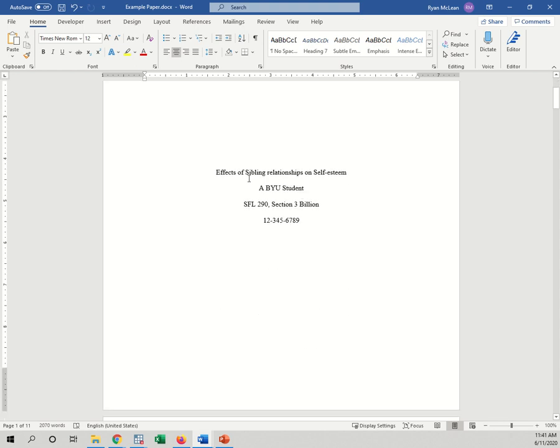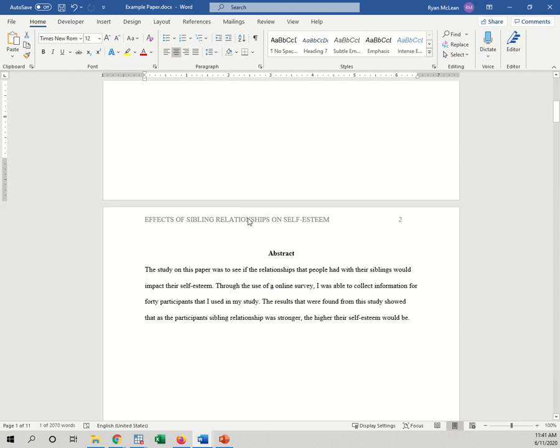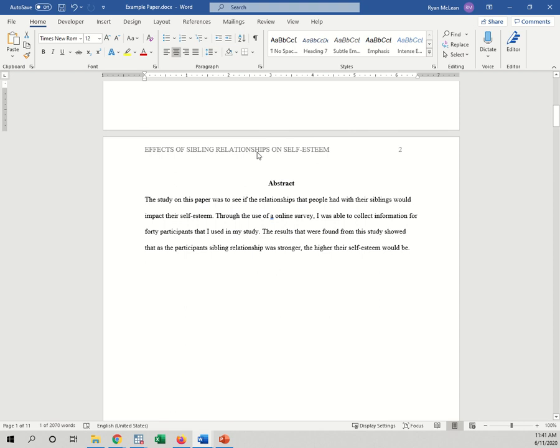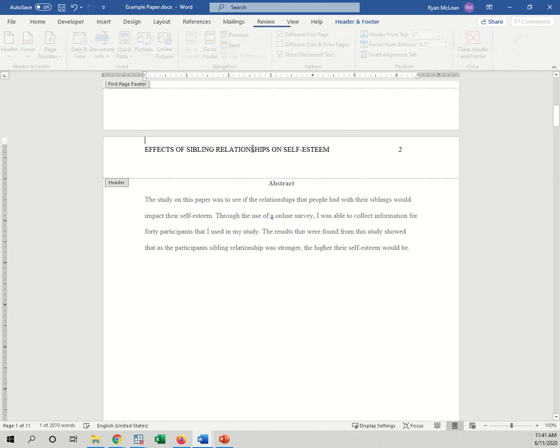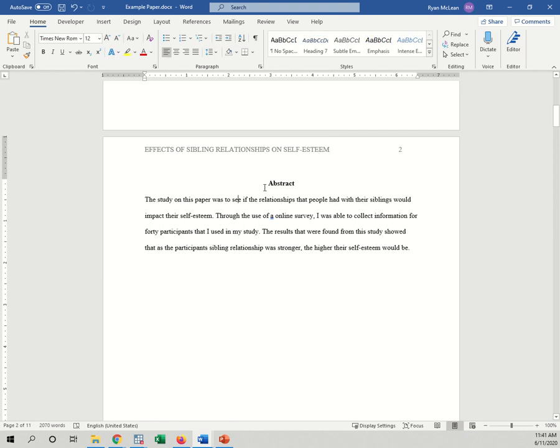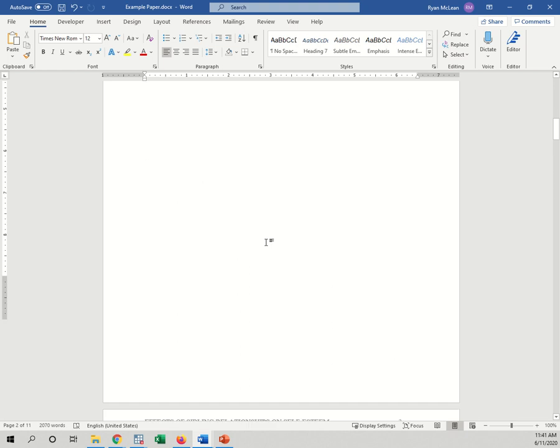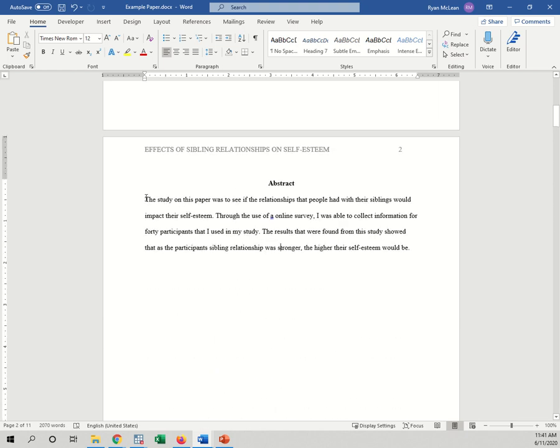Okay. Front page just has the title, your name, SFL 290 section 1, I think, and then your student number. On the second page, again, you're going to have a heading. It's going to be different, and you just click that box for different first page up there. An abstract, the instructions say about 100 words, and it just summarizes your